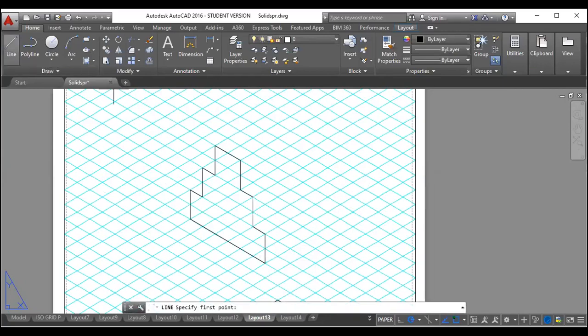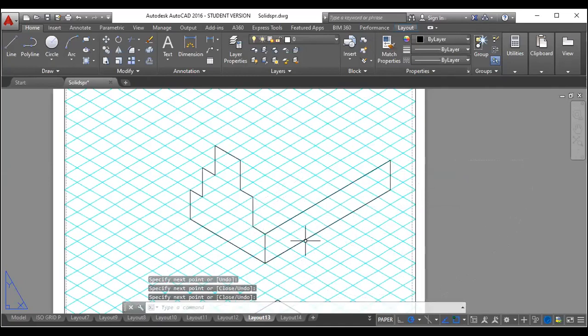So let us draw the length. So from here it is 100 mm. So this is 30, 60, 90, and this is 100. Now from here height is 20. So this is 20, and then back to 100. So this is the length of the first slab what we have drawn.